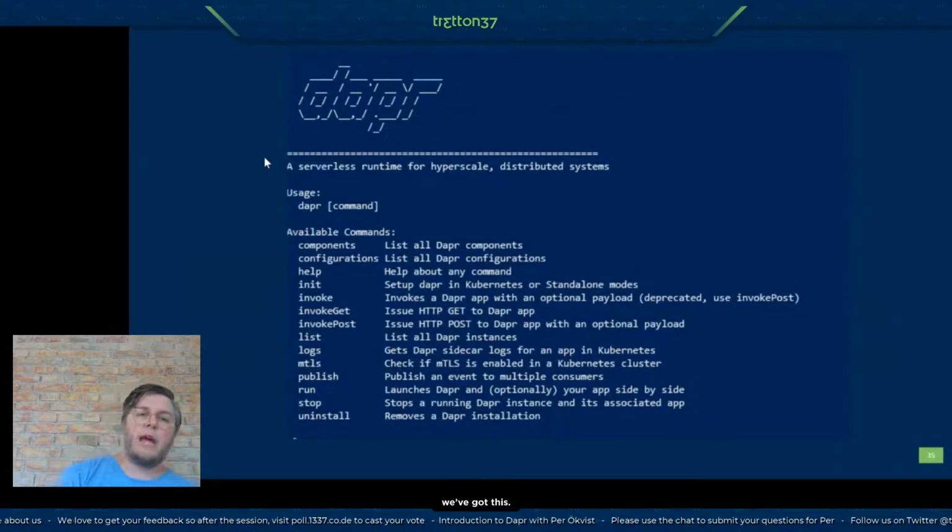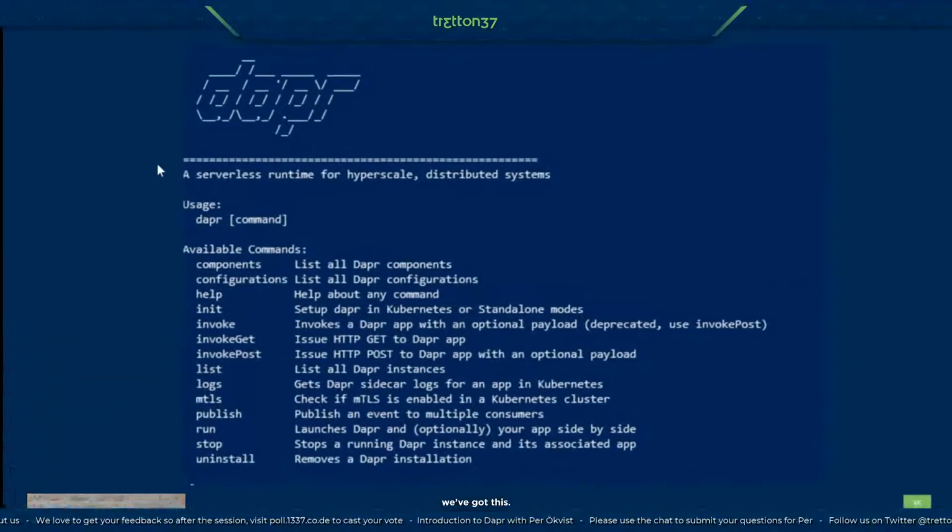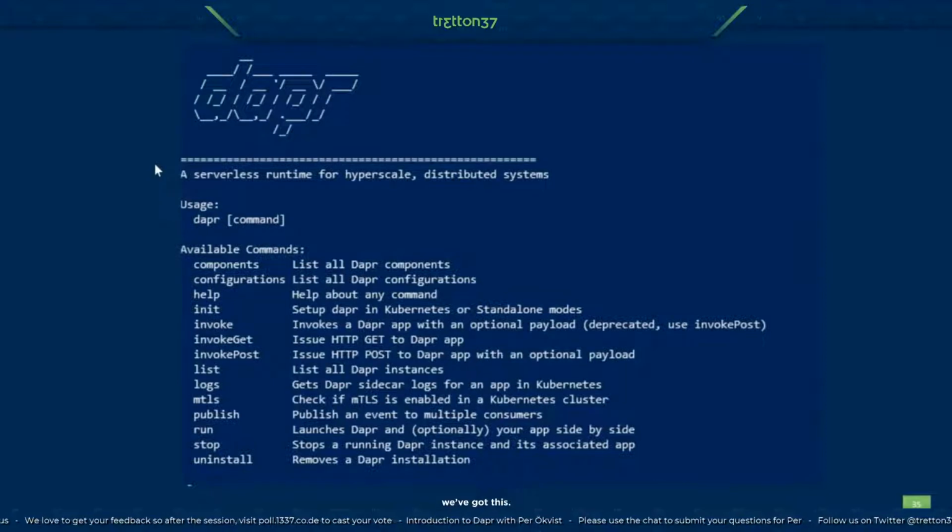And the CLI also has some utilities, and if you're familiar with curl and things like that, you are now going to see some overlap. You actually could use invoke and publish to talk to the sidecar to simulate invocation of endpoints and also publishing messages from the CLI. And this comes in really handy when doing local development, because now you don't have to set anything up.